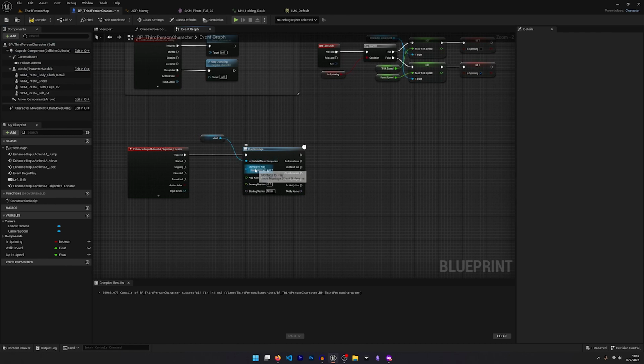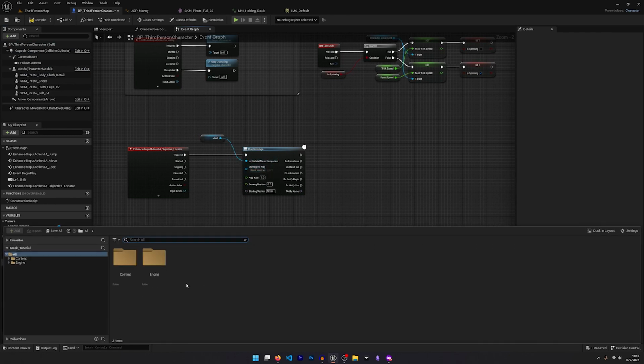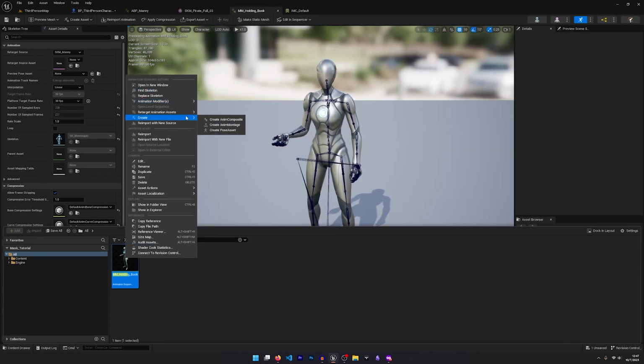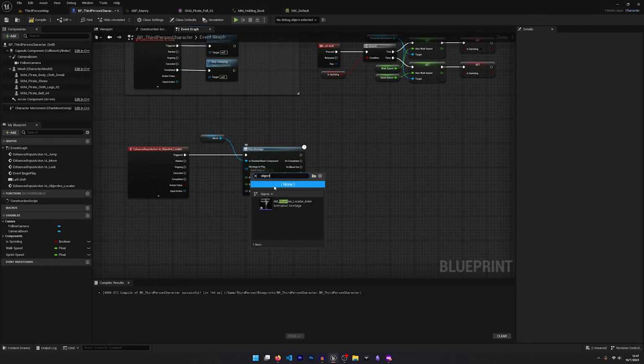So we haven't set up that new animation yet as a montage, so let's do that now. Find the animation asset from earlier, right click on it, and from the create menu, select create anim montage. Now you can search for it and select it in the play montage node, and let's quickly test this in